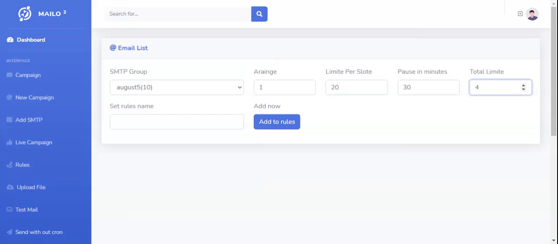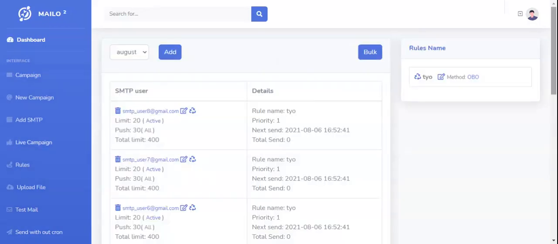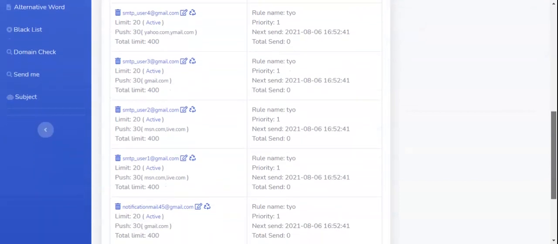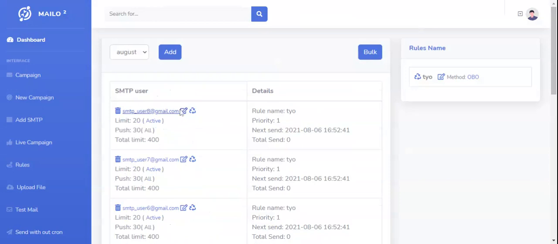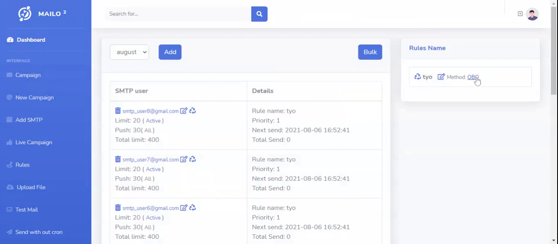And limit 400, or 4000, anything. Just add the same rules name, PYO rules. Go to the rules. You can check all the rules submitted very easily. You can edit in this manner.